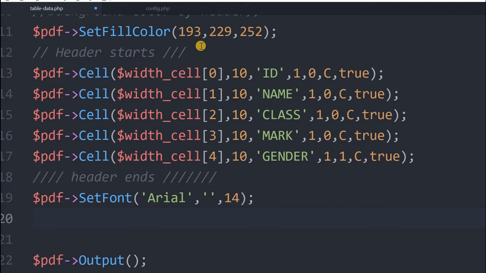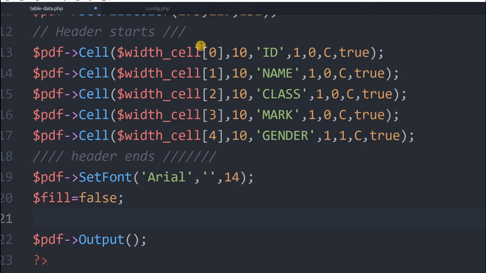Another thing, I will declare one variable here equal to false, and this false will be used for our cell background fill. Why we are not using it directly, I'll explain that.